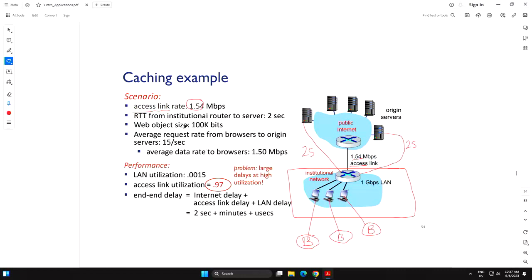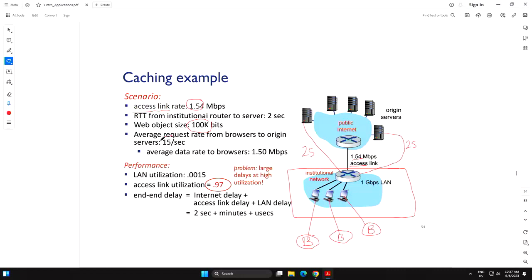Each object in the web browser here is 100 kilobits, K, don't forget the K, kilobits. So 100 times 1,000 bits, right? For simplicity, different objects have different sizes, but here, for simplicity, it's 100K, right? What is the average request rate from the browsers to origin servers?